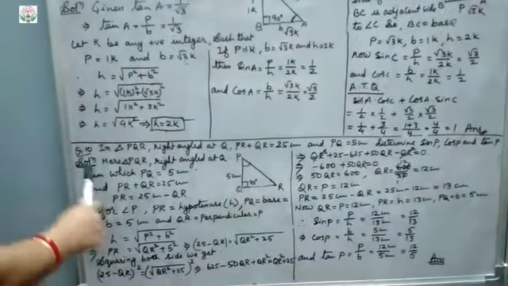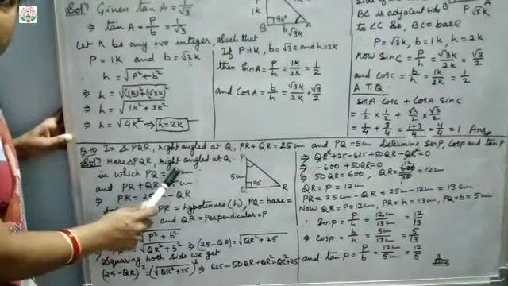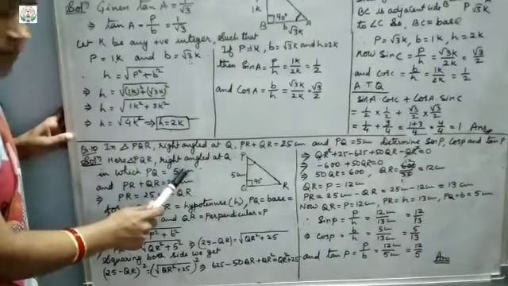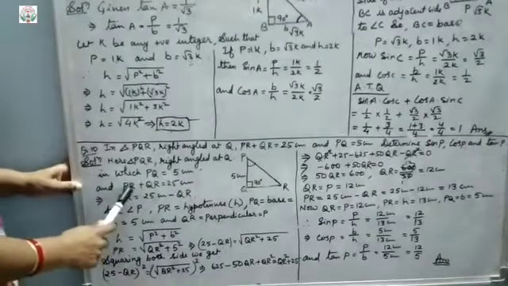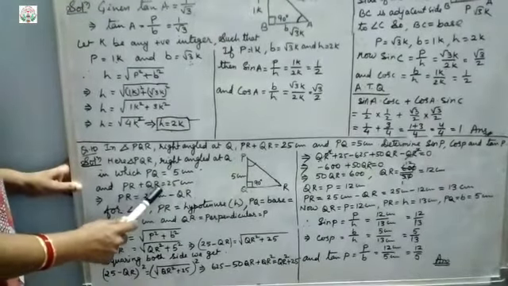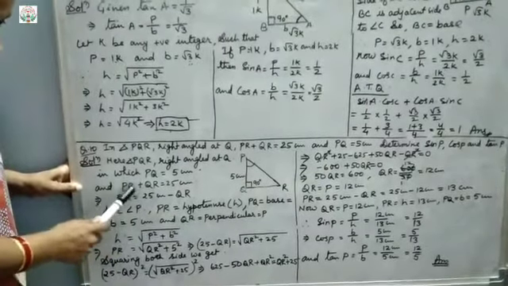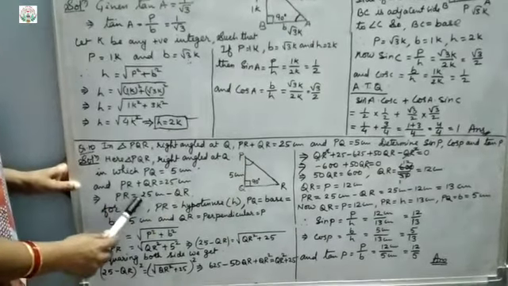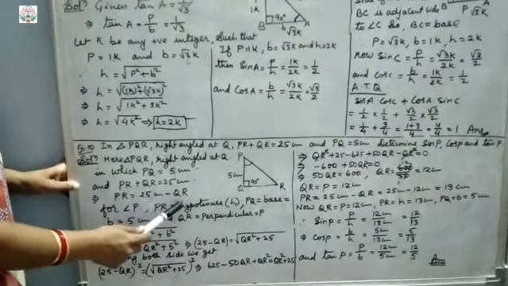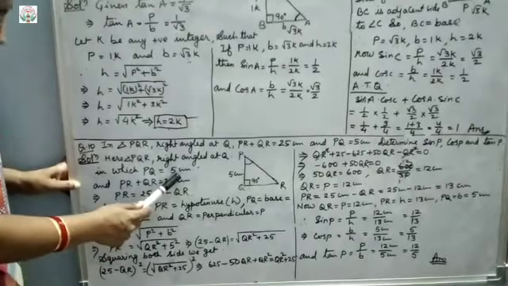Okay. So now the solution will be what? Here triangle PQR is a right angle triangle where 90 degrees is at Q, and given that PR plus QR equals 25. Now keep one variable here and take the other variable there. That is PR equals 25 cm minus QR. And here PQ base is given as 5 cm.